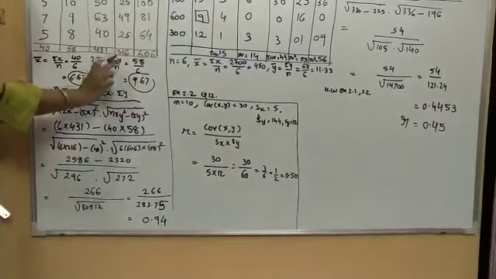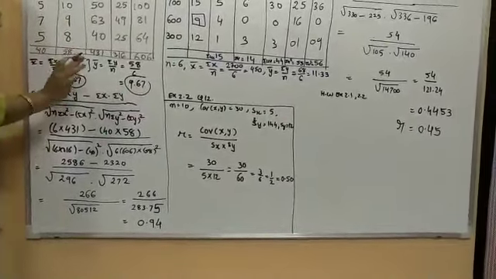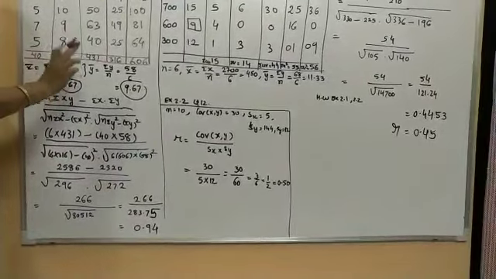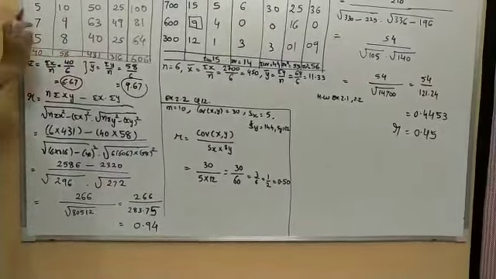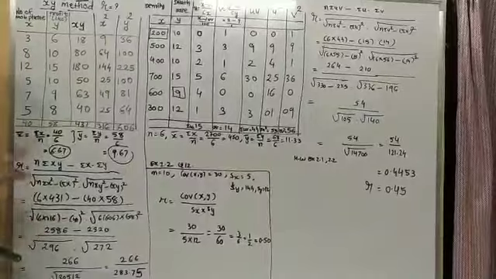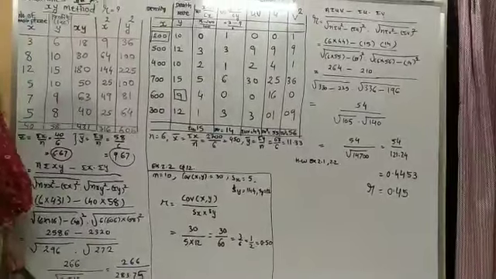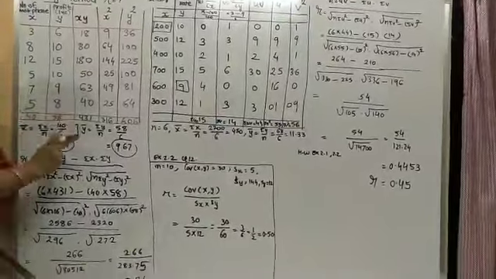Here X bar and Y bar, both the answers I am getting in decimal points. As I taught you in my previous lecture, if there are decimal points, we will go for the XY or UV method. Plus see the numbers, they are small, within 20, 1 to 20. So I am going to follow the XY method. Do you remember the formula? If not, please write down this formula 5 times in your notebook.